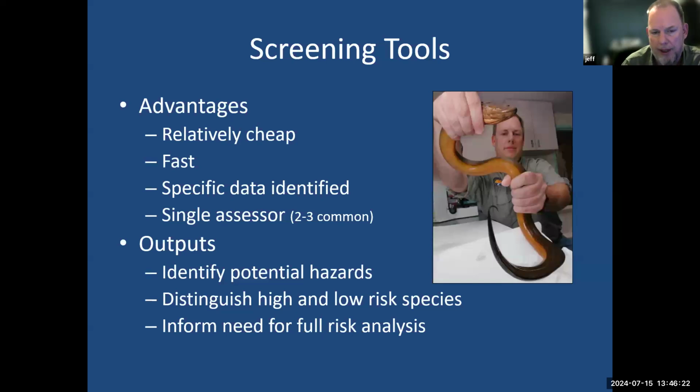So you're able to look at that and determine whether it is a species that might prove to be a problem. You can generally distinguish high versus low risk species, and that gives you some insight into whether you need to do more assessment. If it's a low risk species, unless there's something unusual about it, you probably don't need to do a lot of additional assessment. If it is a high risk species, you probably want to do more assessment to determine the